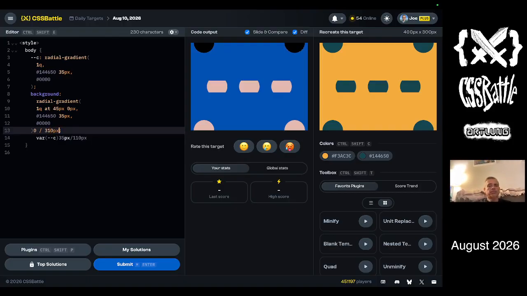Three 10 pixels is correct. Now we need the height. Nope, that's not right. There's the height. So I keep adjusting these numbers. I think that's correct. And now when we vertically align this, or rather, if we now remove the center,